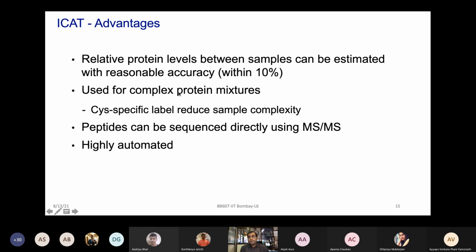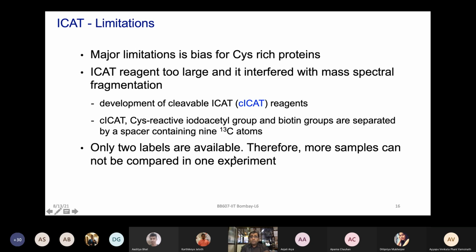Therefore, looking at the mass spec approach, you have 100% accuracy at the end. Whatever you have quantified, those peptide sequences, MSMS fragmentation, you can search in the databases, and you can at least know what that protein is. However, the limitations are still quite a few because it was only an amino acid based labeling strategy. Proteins have to be rich in cysteine residues. The ICAT reagent, as I showed you, has three parts: the binding domain with the proteins, the heavy or light regions, and the tag region for the biotin, for the protein purification.